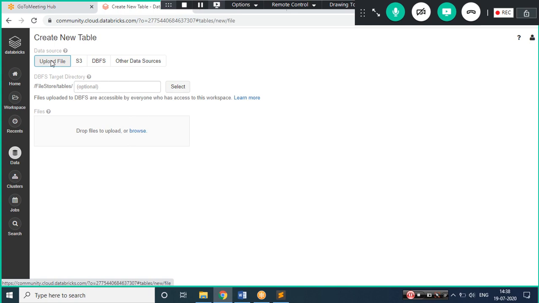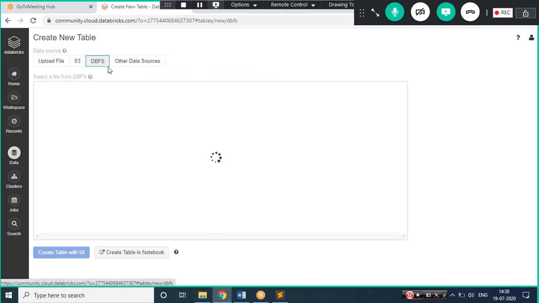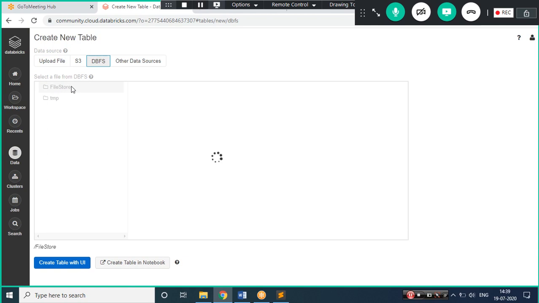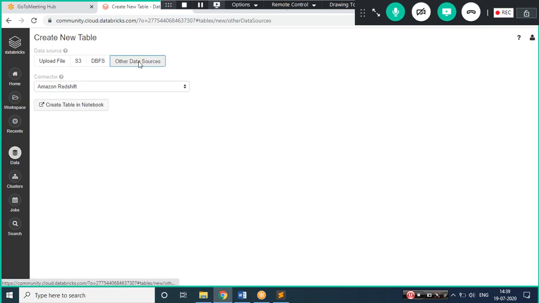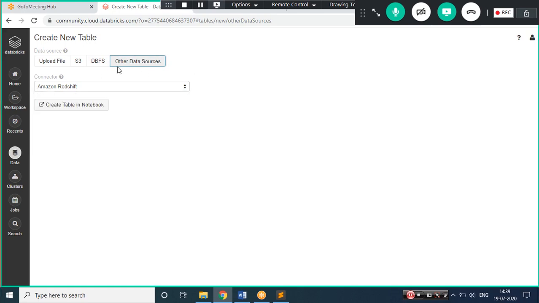You can upload the file, which I will be doing here. If your data is stored in AWS S3, that is Simple Storage Service, you can pick the data from there also. DBFS is your Databricks File System. I already have that data, or from other data sources. There are various other sources available, so you can pick the data from there also. There are different options.